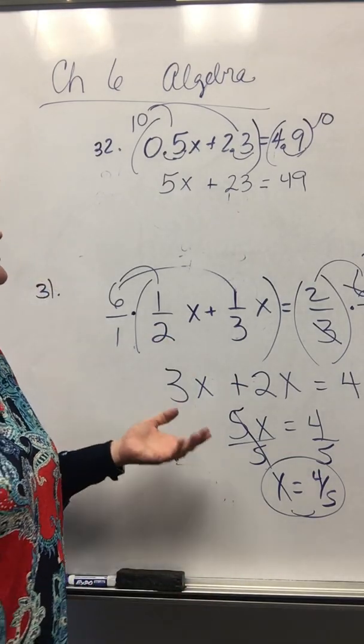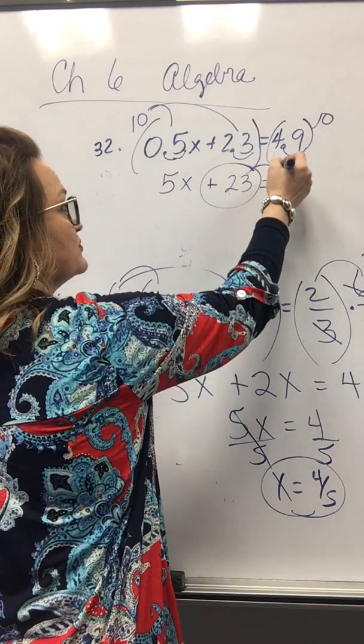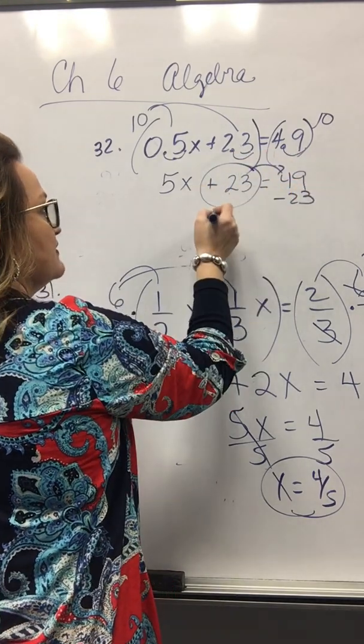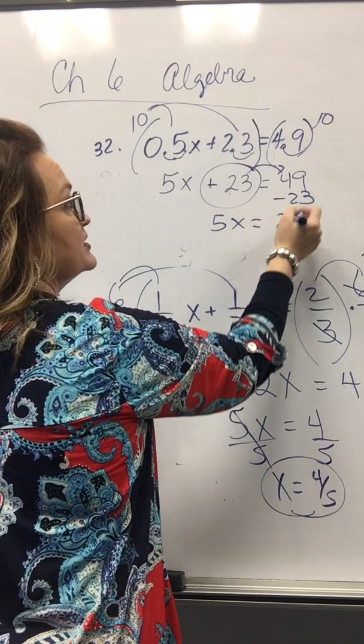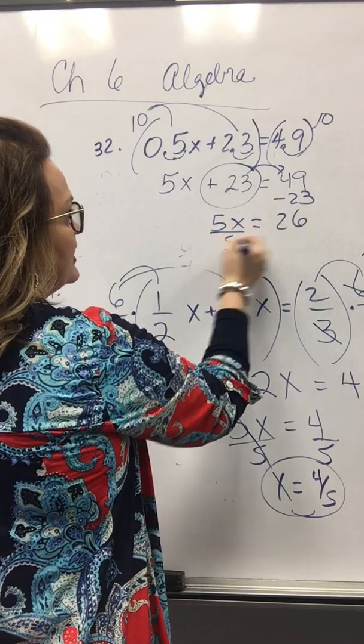You get rid of the decimals. The decimals and the fractions can be distracting. Then I throw the 23 across the line. And I have a 5x equals 26, right? Then I divide by 5,